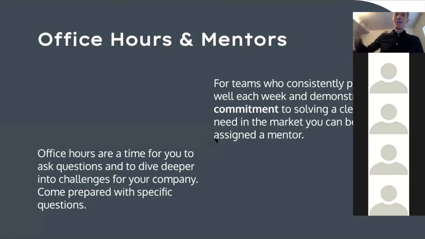And then we also have some people, this is really exciting, who are successful business owners that have been there and done that and gone through the process, that are willing to mentor and basically help each team along as they are learning about and going through this process. But right now we're still in the process of recruiting mentors. And so what we're going to be doing is for teams that are consistent and they're showing up and they're showing results and they're getting everything turned in on time, and they are showing that they are committed to solving their problem, we'll pair them with mentors, right? So once you have a track record of getting things done, then we'll connect you.